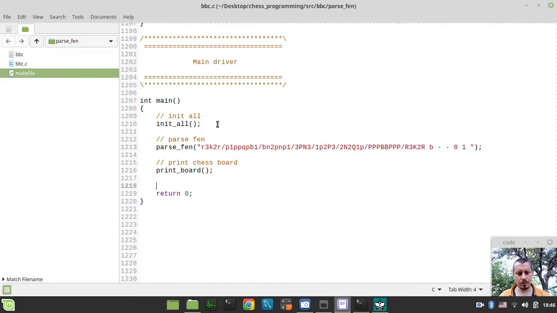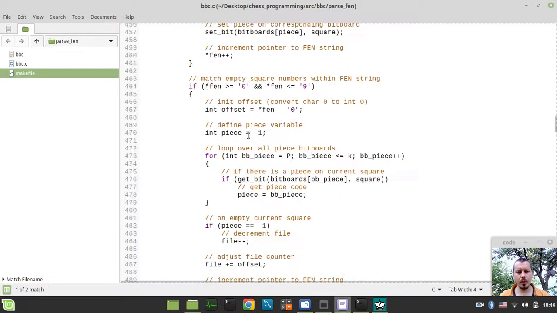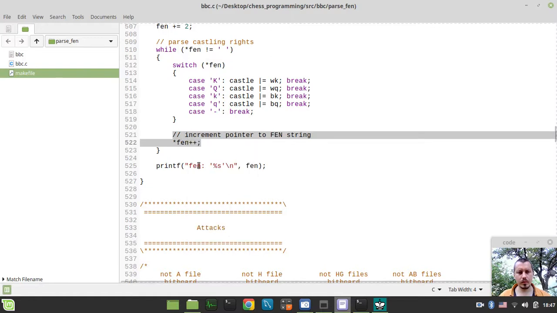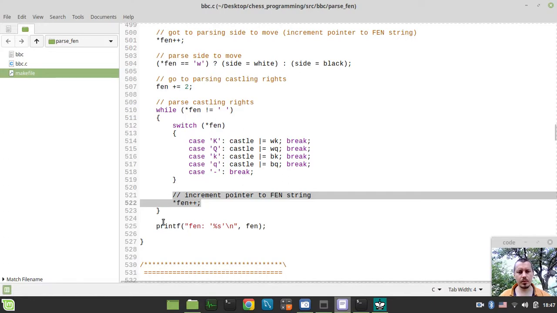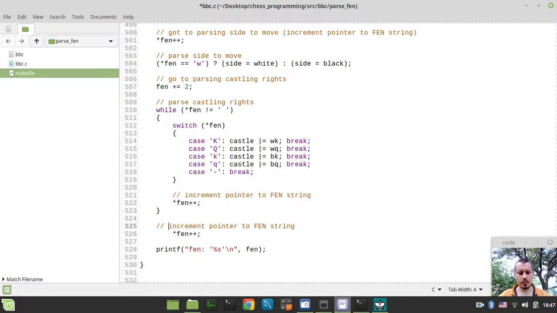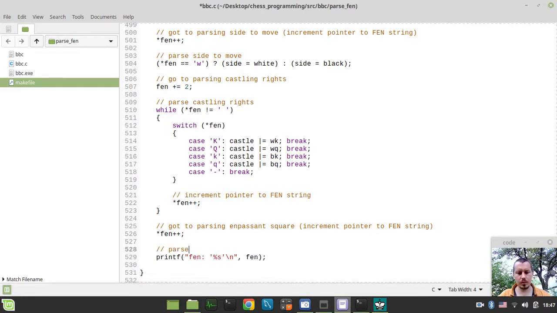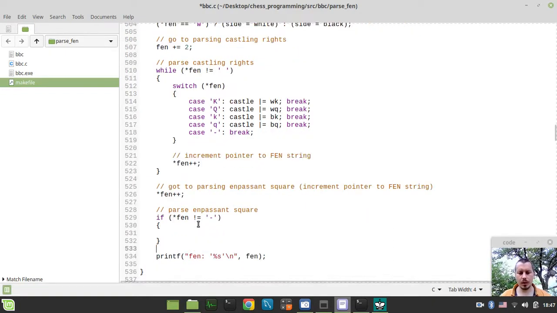Okay, so now we can go parsing our en passant square. So parse castling rights, go to parsing castling rights, and go to parsing en passant square. Okay, so yeah, now it's within the en passant square. So here we can simply parse en passant square. So we can say if pointer to FEN is not equal to dash, in this case we provide our logic, and